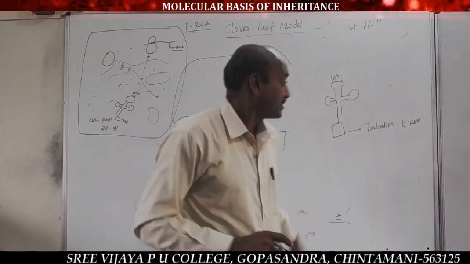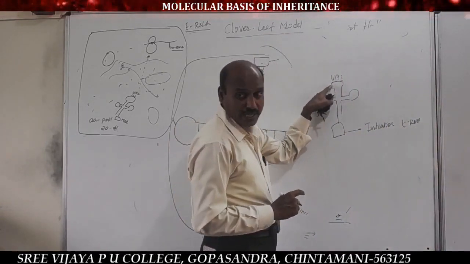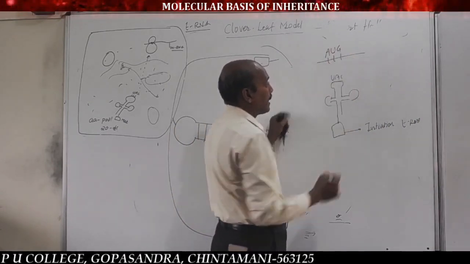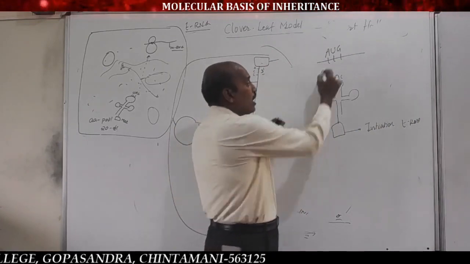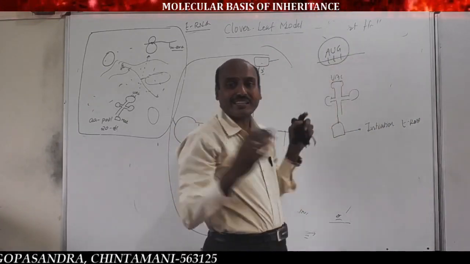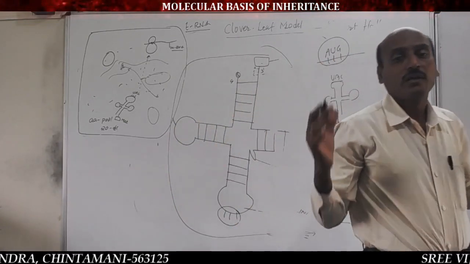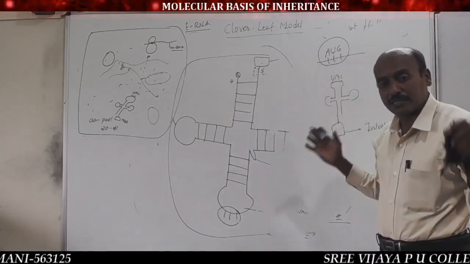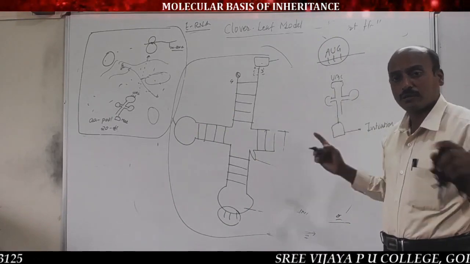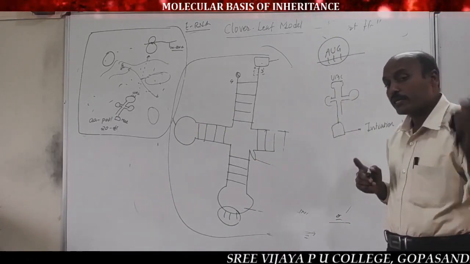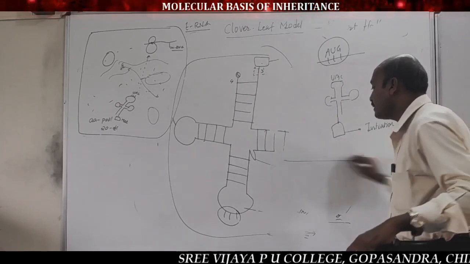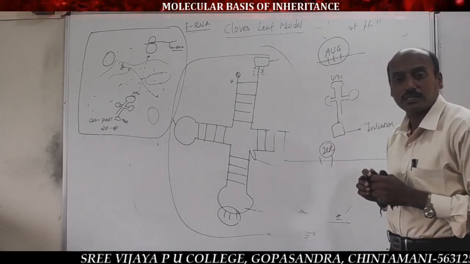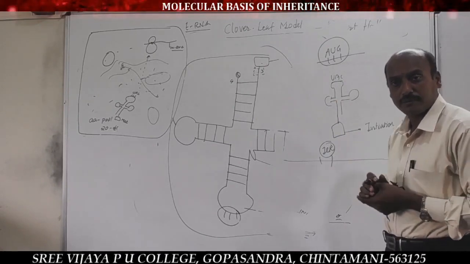Because this anticodon UAC binds to the AUG codon. According to the genetic code, AUG is the initiator codon. The first codon in the polypeptide chain is the AUG codon, present on the mRNA, in the initiator coding region of the mRNA. I already told you this in the structure of prokaryotic mRNA.